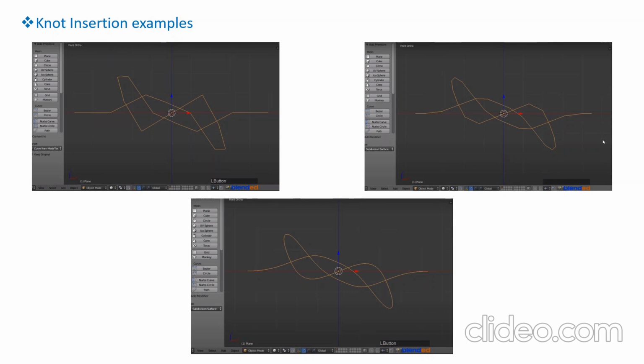We could gain much more control over which direction the curve should be turned, and at the same time make sure the remaining part of the curve is not disturbed. So by this we can say that knot insertion allows better control over the curve and gives us much more precise